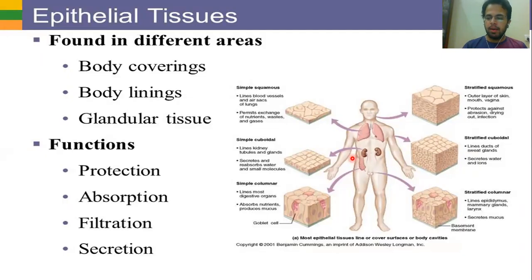Also, it is doing the function of filtration. If anything you have taken in food is toxic, then it is a property of the epithelial cell that it filters out that toxic substance, and then that thing goes into the blood. So filtration is also a process of the epithelial cell. There is a detailed mechanism for how the epithelial cells do the filtration, but it is a property of the epithelial cells.